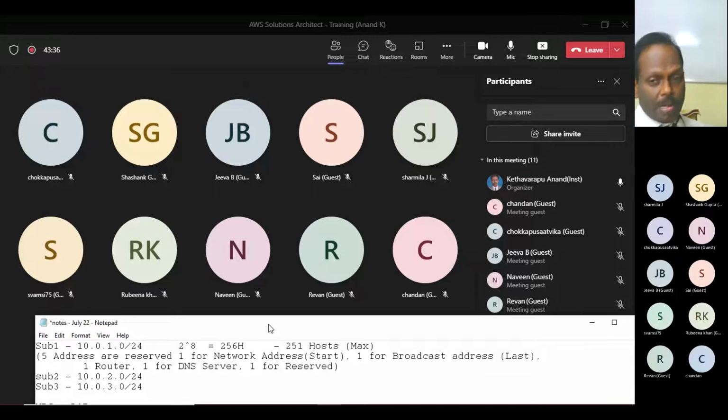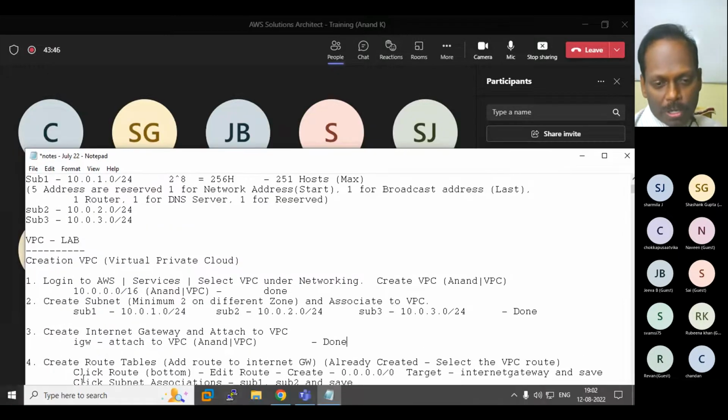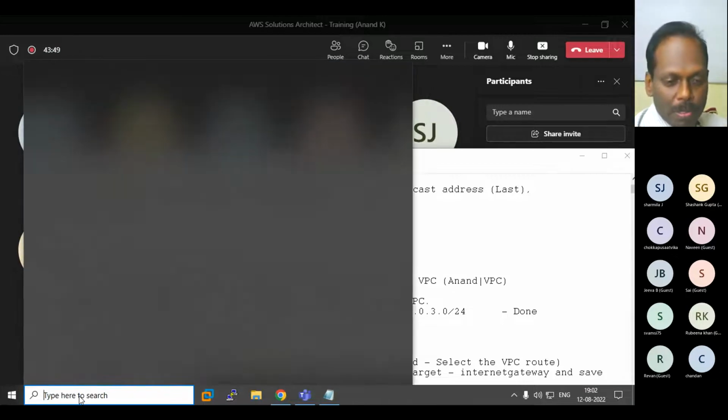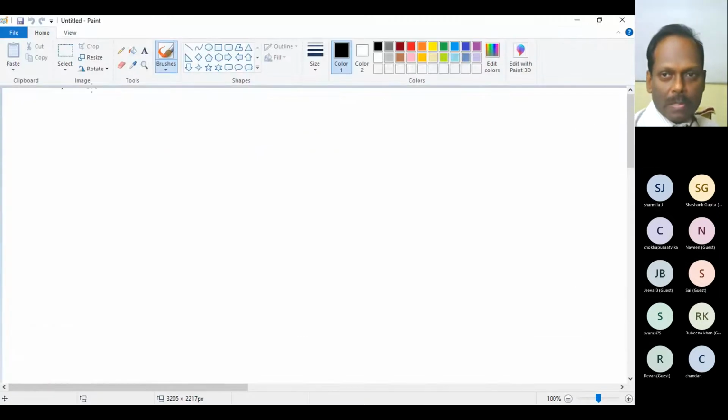Because the next part is very, very important, the fourth one. And this is the only challenge which you have, the fourth one, because that is the router. See, for you to understand, I'll do a small diagrammatic representation. I open Paint. Okay. So what I do,